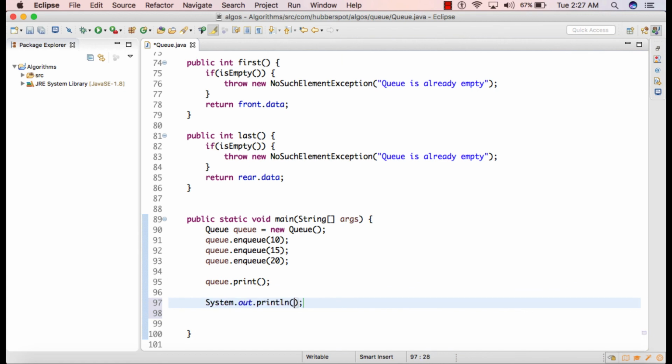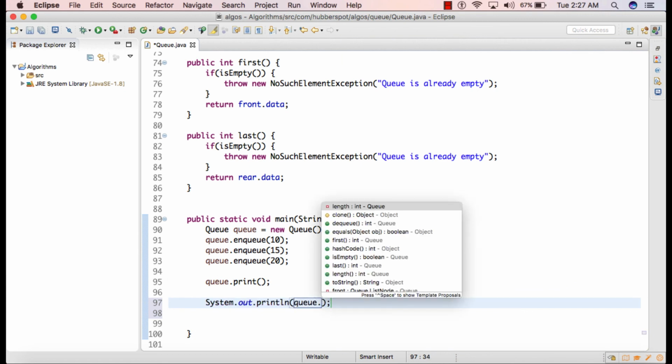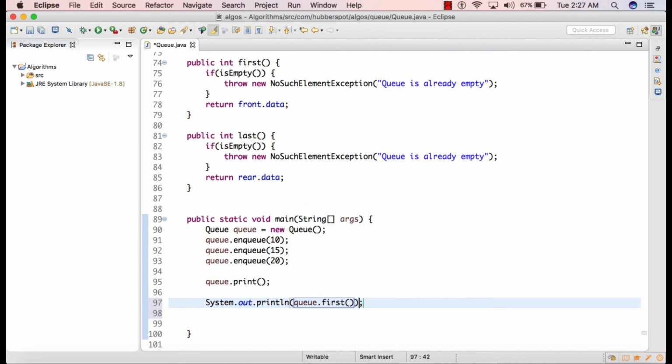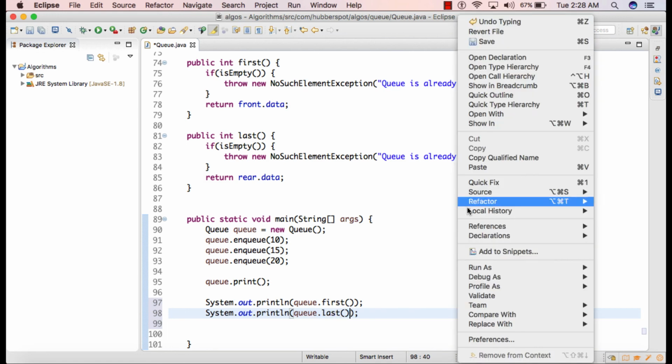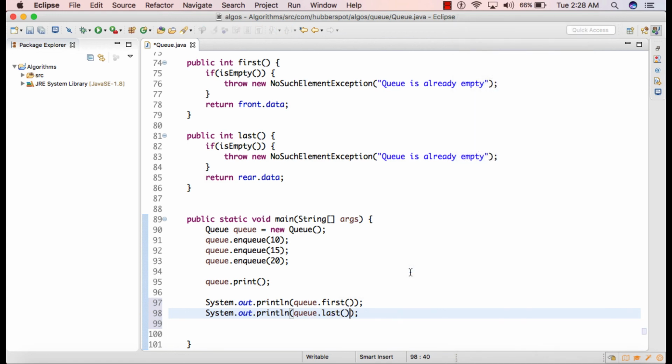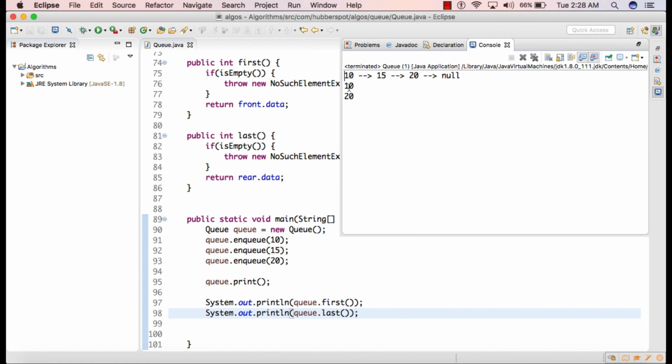So if I simply print q.first and q.last, and if I run the code, so you see it printed 10 and 20 because 10 is being referred by front and 20 is being referred by rear.